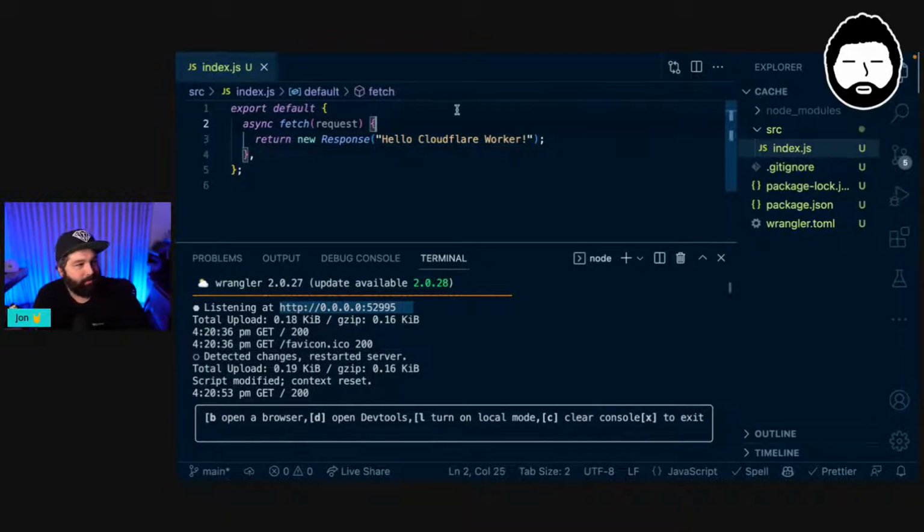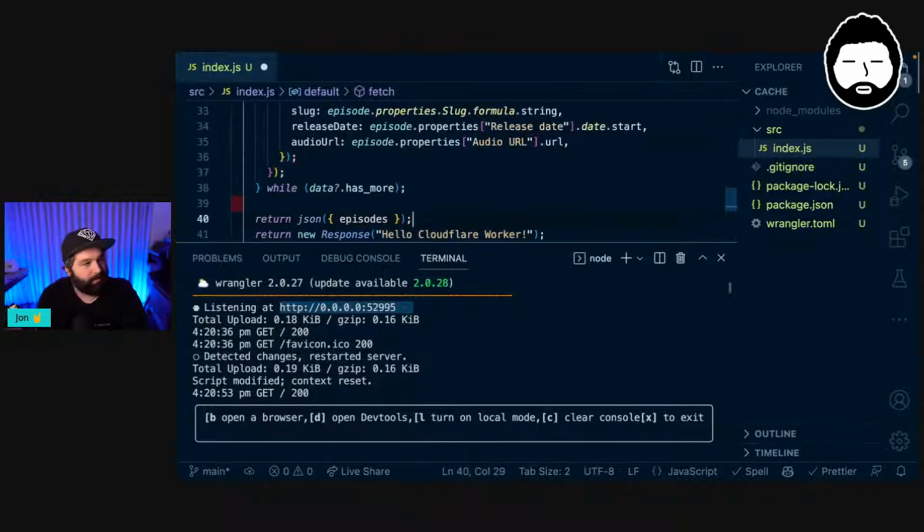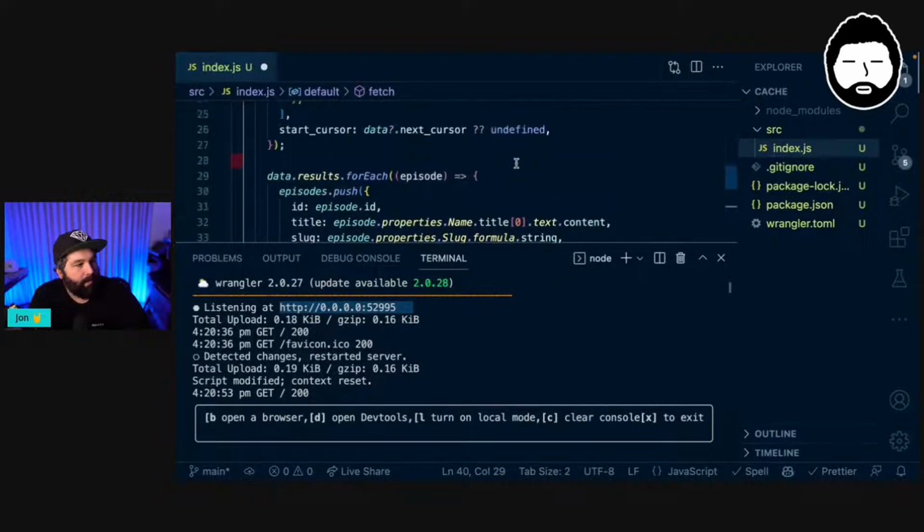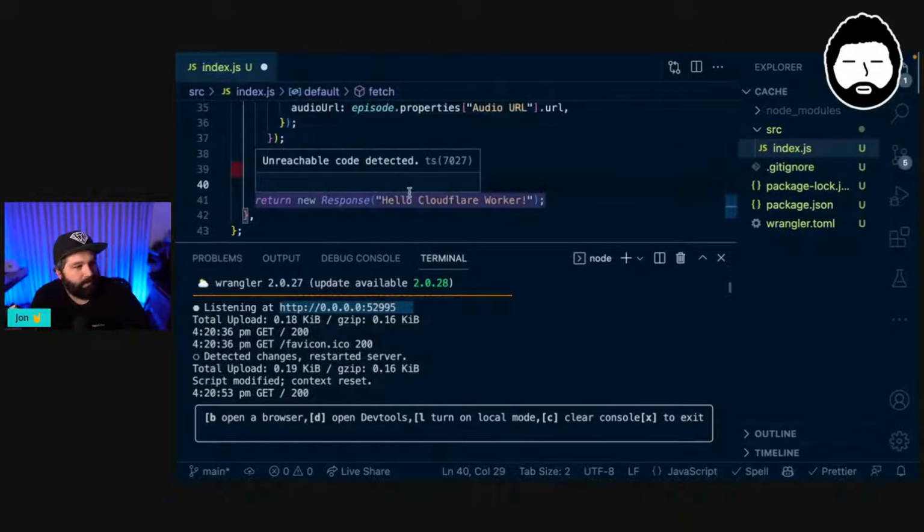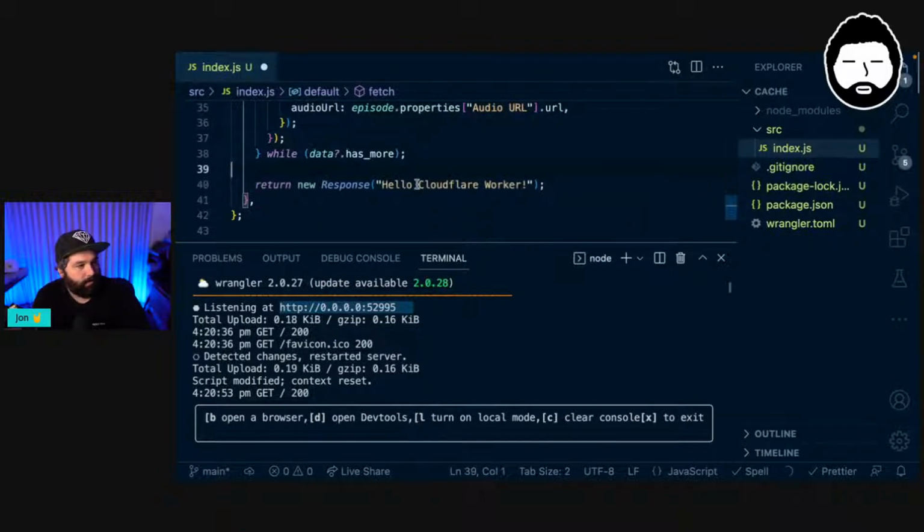Actually, I might leave the return new response part because we'll need to talk about that. I guess we will need to return some stuff here. So the way that Cloudflare workers work is that you return a new response, and this response can only be text. So here we've got the text hello Cloudflare worker, but we want this to be episodes, but episodes is